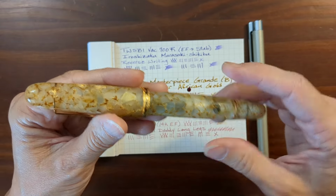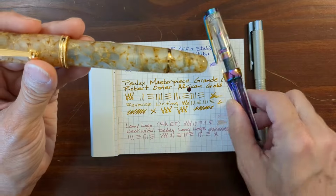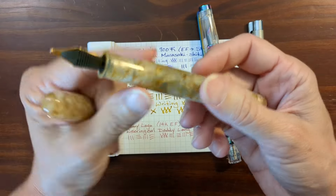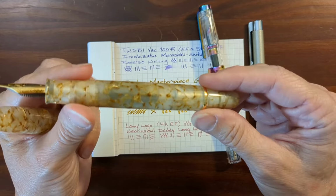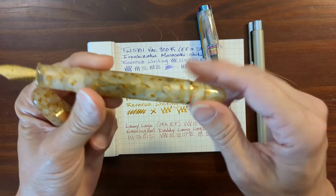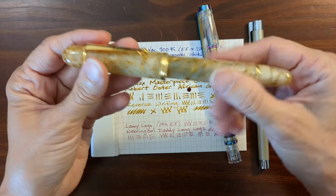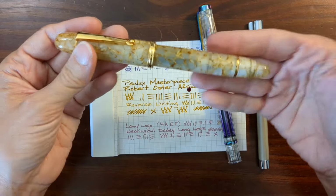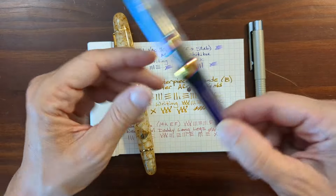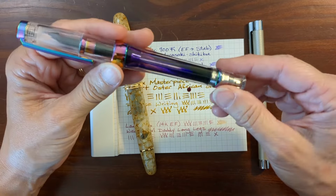I just turned that piston without thinking. I was thinking about my Vac 700. You can do that with the Vac 700. Okay, I didn't make a mess. I'm probably going to empty this out, watch some videos, get in here and clean that out. And from now on, when I use it, I'll store the pen horizontally. So far, no problems keeping this one stored vertically, so